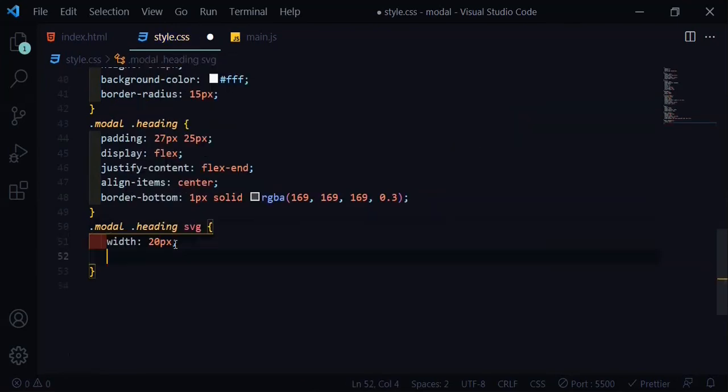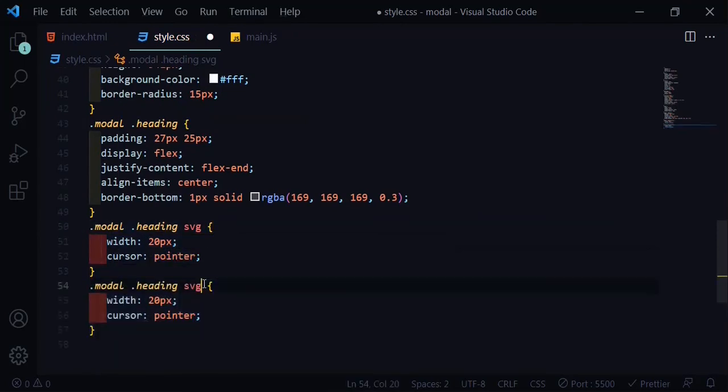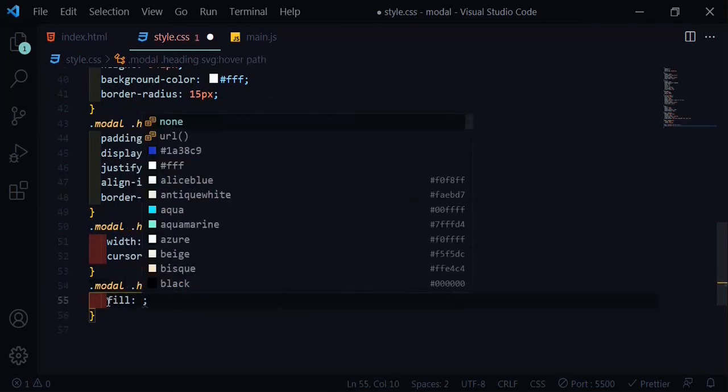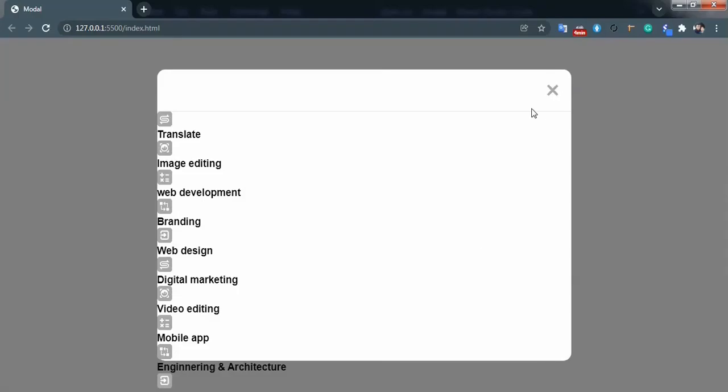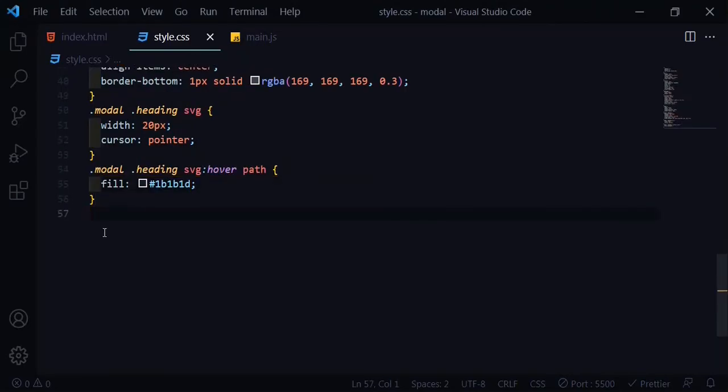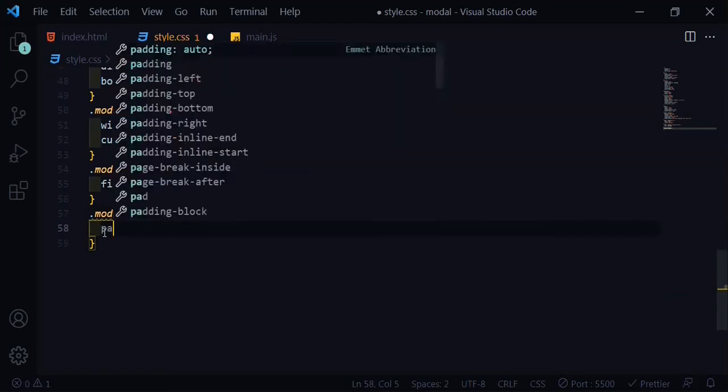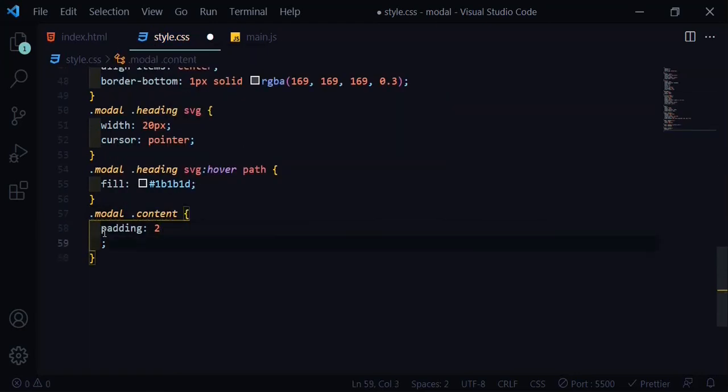Add to it width 20 pixels and cursor pointer, so we know this button is clickable, and change its color when hovering over it. Great. We have the modal content. We add some padding